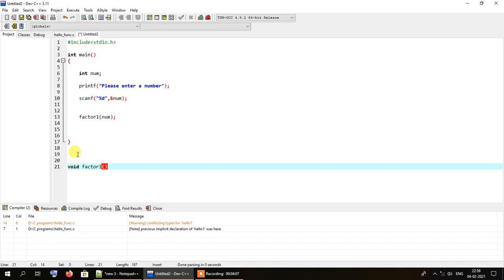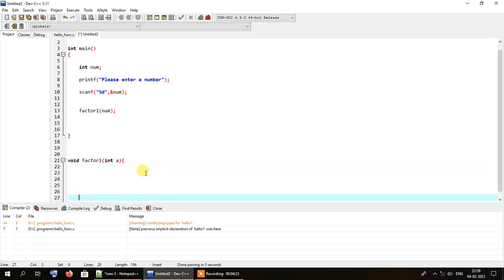And here, as I have passed a parameter, this integer value num, while we are calling this function, we'll have to specify an integer variable over here which will store this value called num. So when we pass num into factor1, it will be copied to this variable called a.